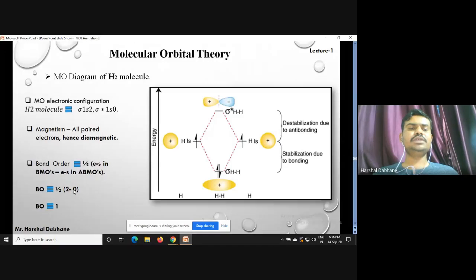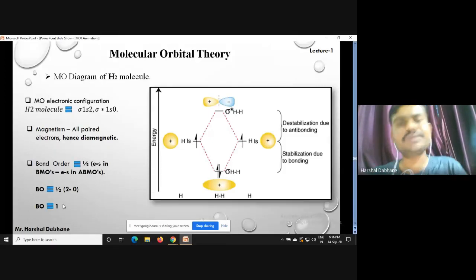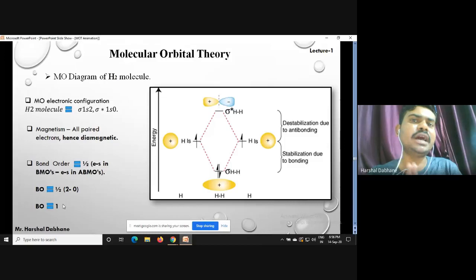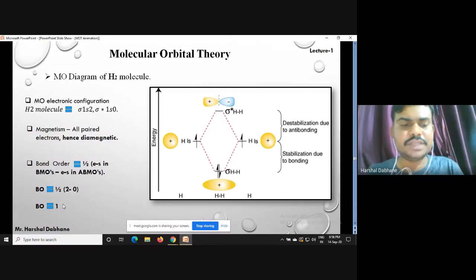So 2 minus 0 is 2, and 2 by 2 is 1. So the bond order of the H2 molecule is 1. That's why we have only one bond in the H2 molecule, the sigma bond, and its electron density lies exactly in the center of that particular bond. Okay, so friends,